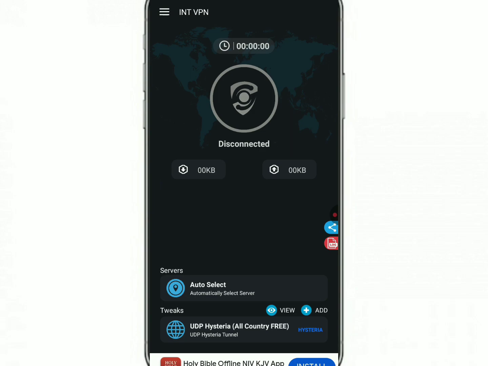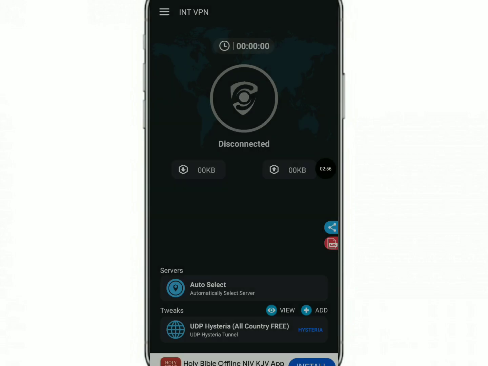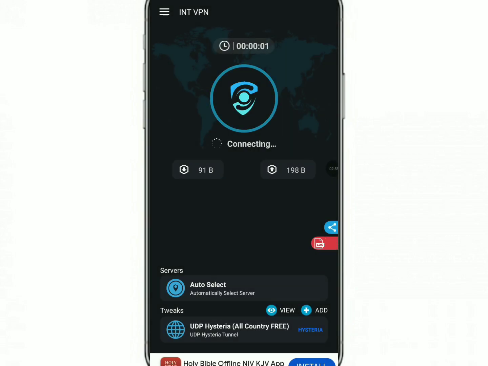Then after, you're going to come right here, we have this round like icon. Then you press that round icon, we accept the VPN service or give the permission to this application to connect a VPN service, and then we press allow,